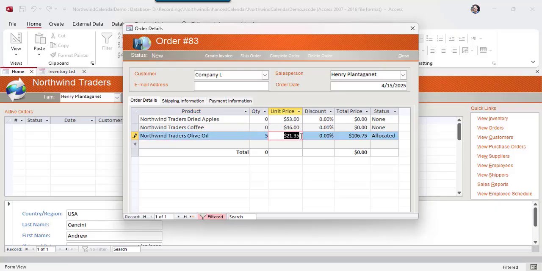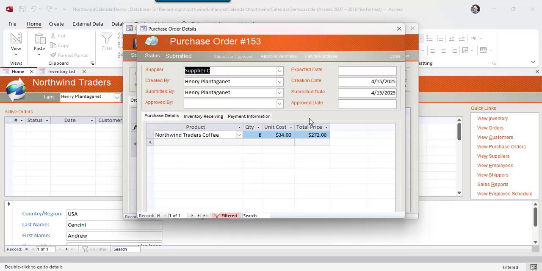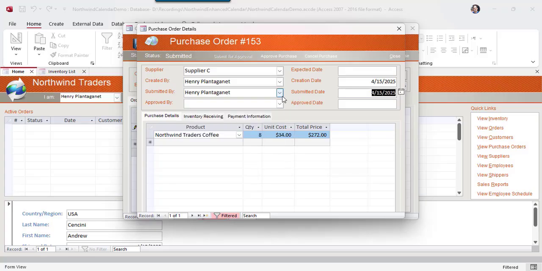And you see, this is the unit price, and the unit price is in that products menu we had earlier. Let's put in, say, 10 units of coffee, or maybe 8 units. Now, we can't do this, of course, because we have insufficient inventory. We're going to have to create a purchase order. Now, the user logged in does not have authority to create a purchase order. It looks like only Andrew Sensini is the one who can approve the purchase order. See, I can't even select it, but we can still make the purchase order for his approval, which could be changed. And you can have add red menus to change these things, but let's not harp on that